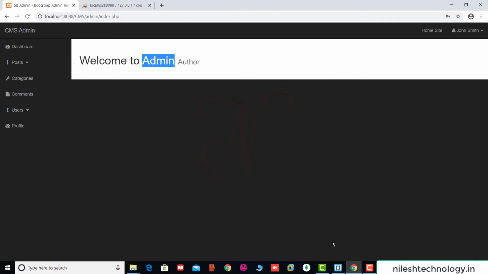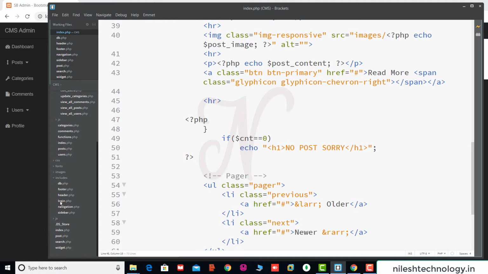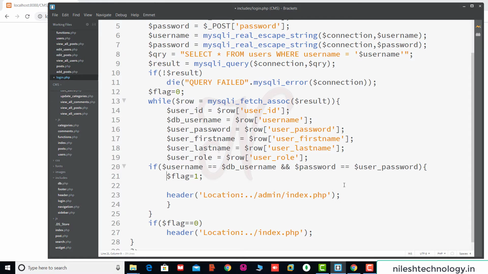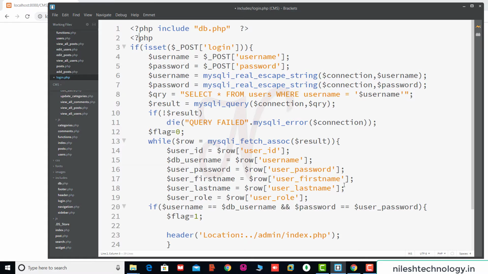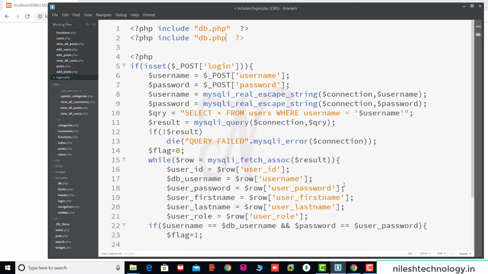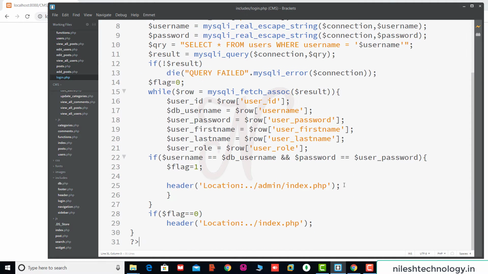So again we are going to the Brackets editor, going to the login.php file. So after a successful login, here we use the session. So see here, we start the session. So we again copy this code here. So we start the session_start. Okay, save these changes. Session_start. Okay, so after a successful login, here we use the